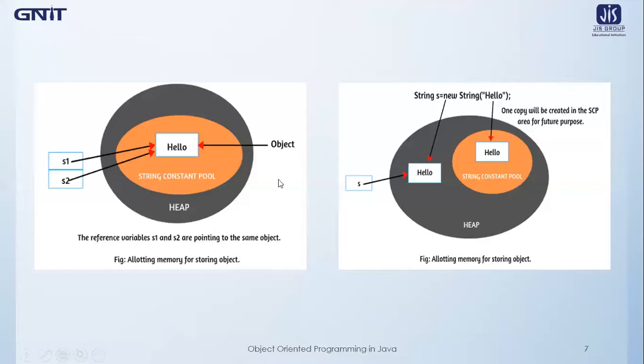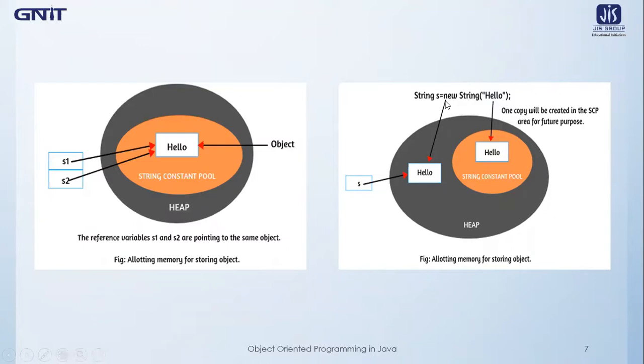So let's depict the next picture, where we will be creating a string object by instantiating the string class. That means we will be creating a string object S by creating an object of the string class. Whenever we create an object of the string class using the new operator like this, which I have already discussed several times in today's lecture, JVM will actually create two objects.